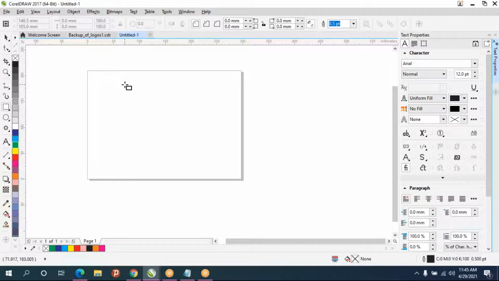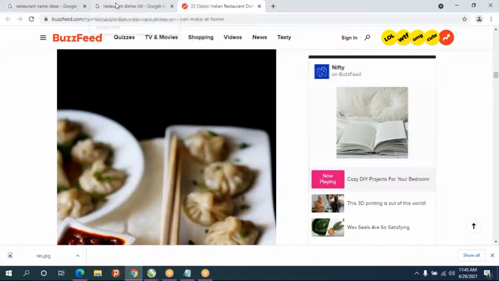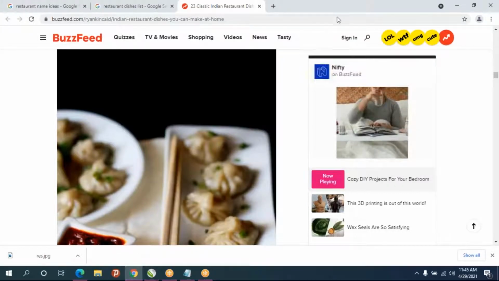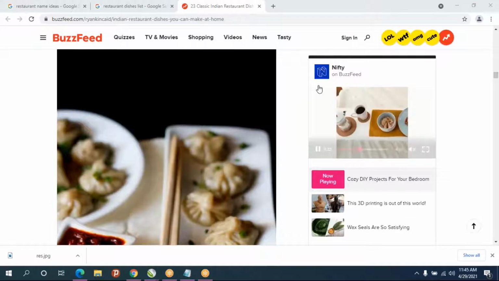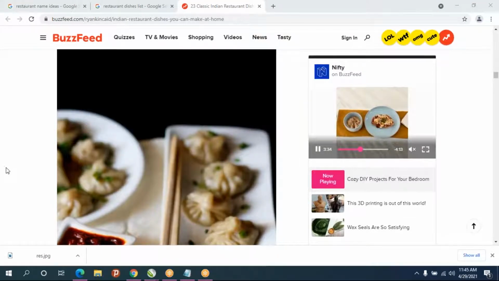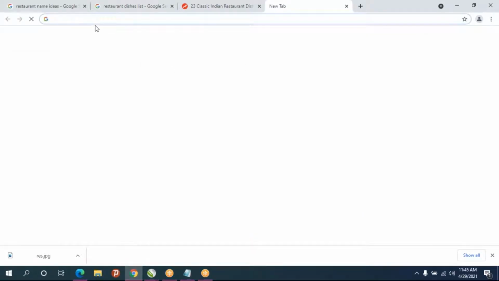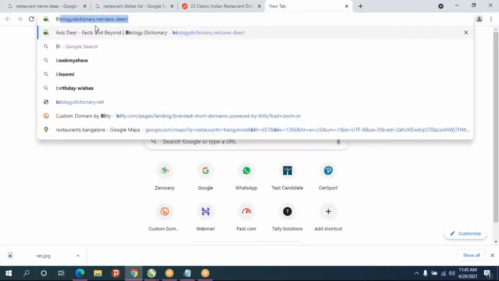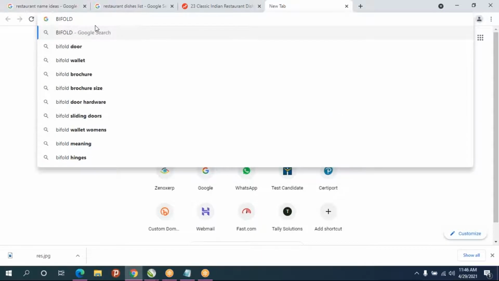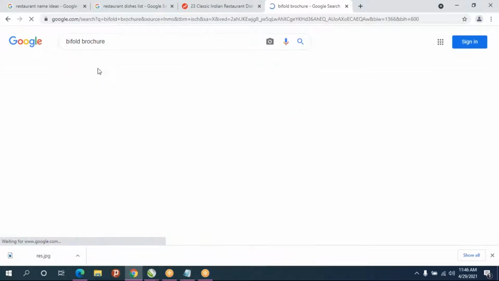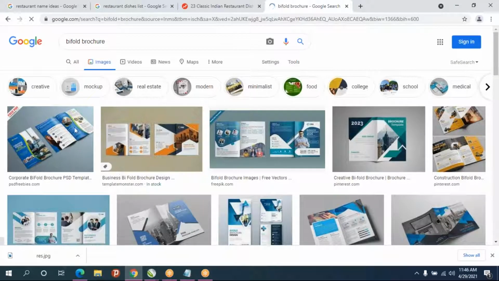So I want to create some bifold brochure. So this is called a bifold brochure.